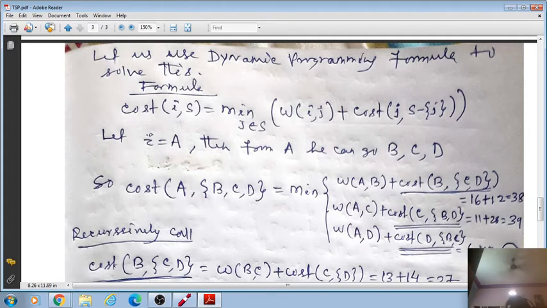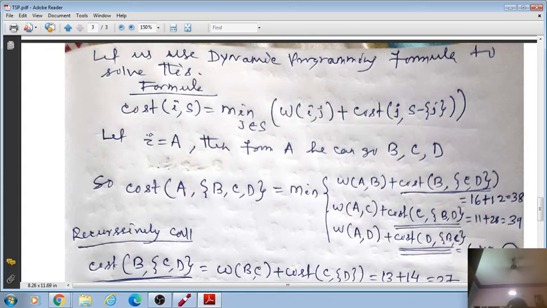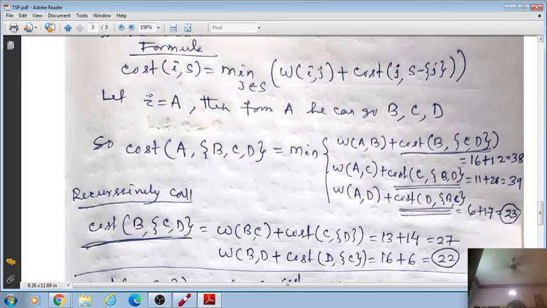The single means I am again calling this function. So where will I call this function from? I am calling from this directly to this place. I can directly draw it. So from this you see this is called. I have given a line below, that's why I call that. Later on I will say how I am getting this value. Don't pay attention to this value. Understand the formula first.